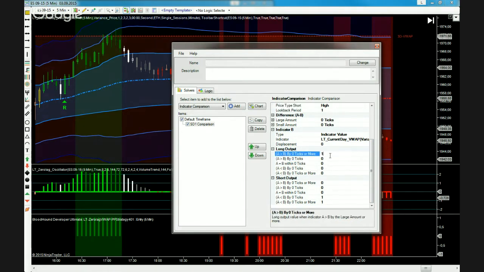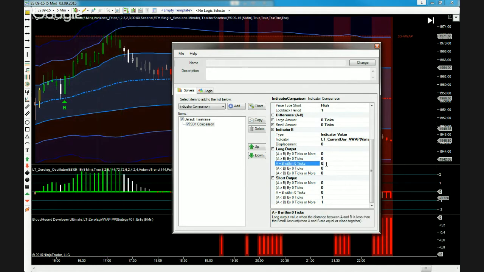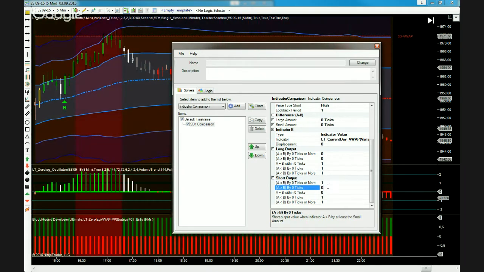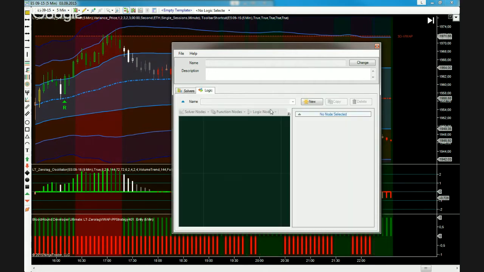You do want to pay attention to this output section though, and set that correctly. So as I said, indicator A, I want the low price to be below the upper standard deviation. So I set those to 1 in order to indicate that those are true. And in terms of the high level of the bar, I want it at least to be above the lower first standard deviation. Okay, so I'll go into logic, and we will create a new logic called